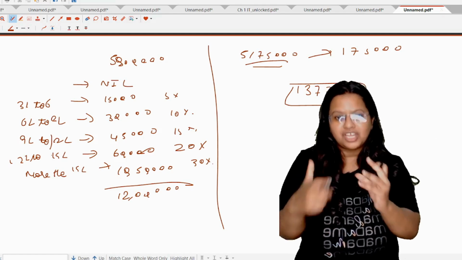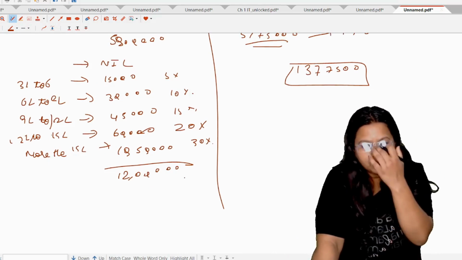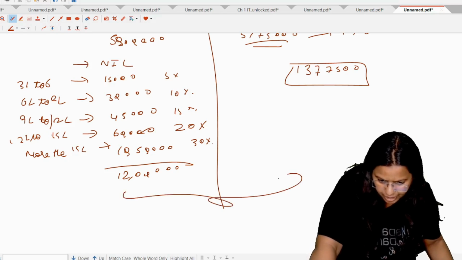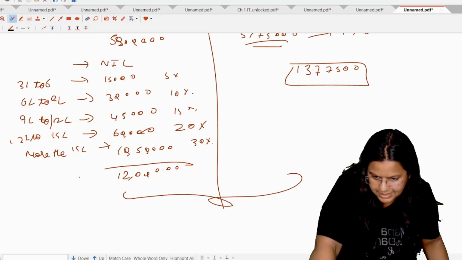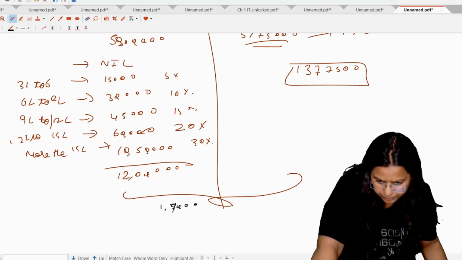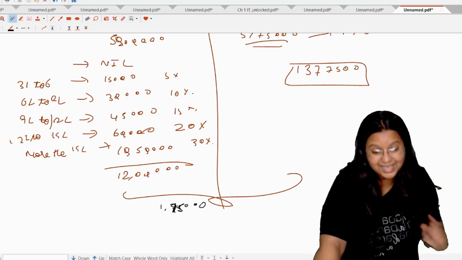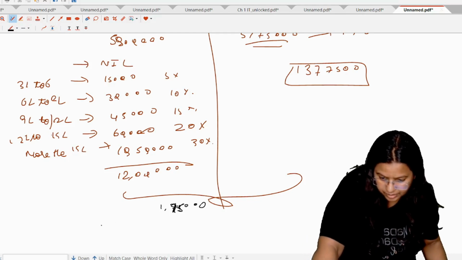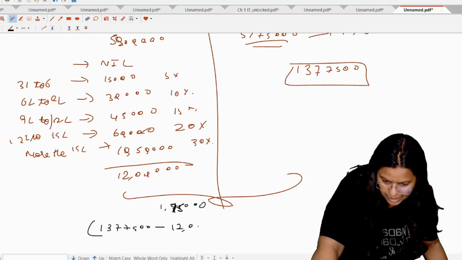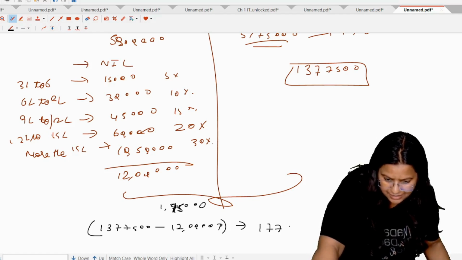Now compare this additional one. Students, in this case, health and education cess is not going to be added right now. We will add it at a later point. It means if we compare, the person is earning an additional income of 1,75,000, because now he's earning an income of 51,75,000, but he's paying an additional tax of 13,77,500 current tax minus comparable tax 12 lakh. So he is actually paying an additional tax of 1,77,500.